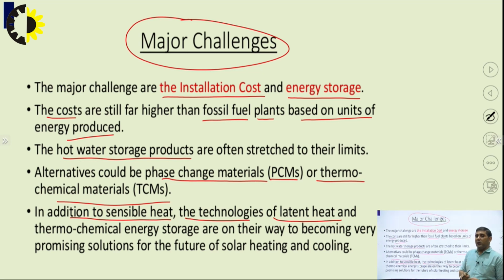So as educated engineers, as civilized persons of society, it's our responsibility to overcome these major challenges and try something new with our full energy and full efforts in the R&D, research and development field of solar thermal power plants. Okay students,